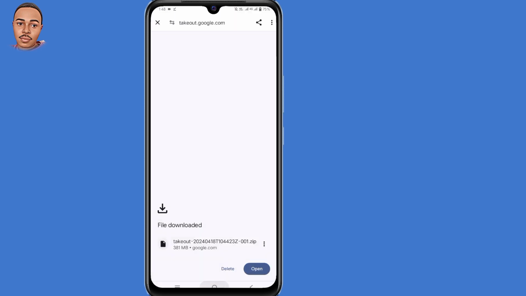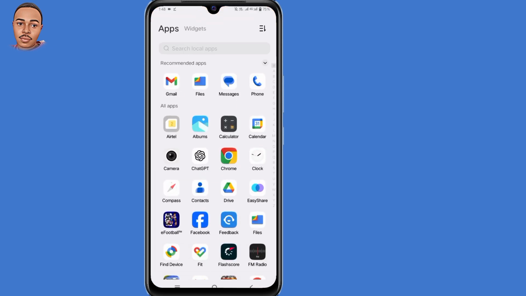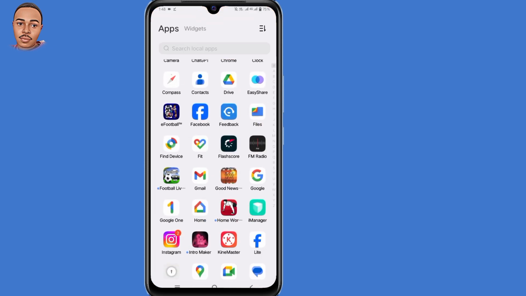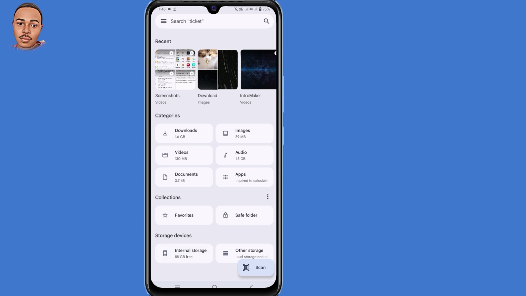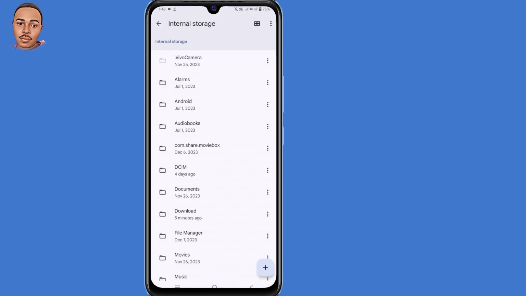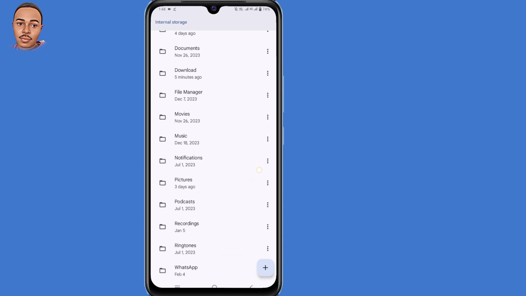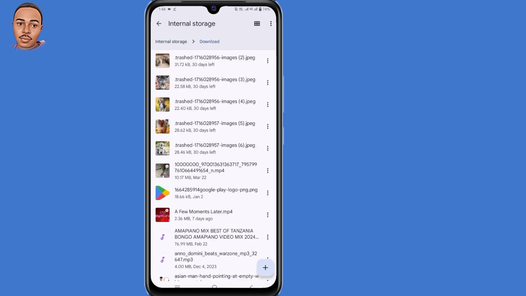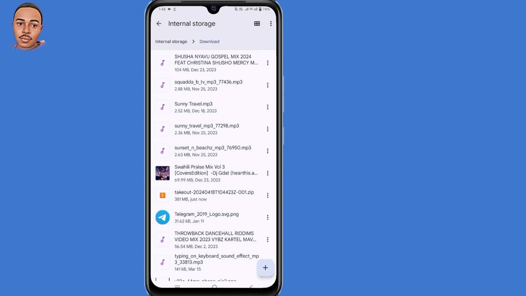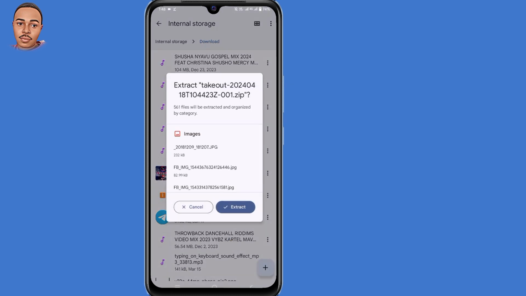So minimize and open your file manager once more. Then internal storage. Then go to the download folder. Then tap on this zipped file. So make sure you